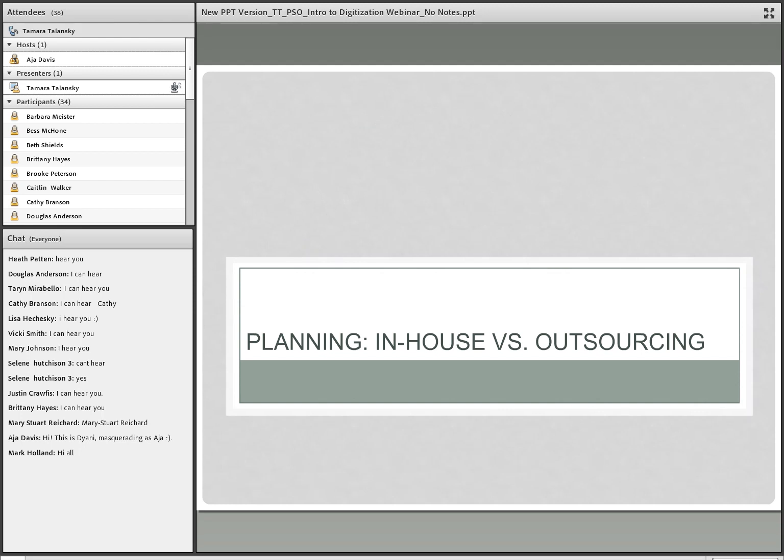So when determining any digitization plan, you will need to decide if you are going to digitize in-house or outsource it. You can also ask yourself, will this be a one-time project? Or is your institution interested in committing to ongoing digitization efforts? So will you need special equipment? There are pros and cons to both, so I'm going to take a look at that.